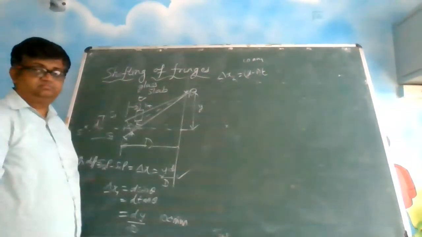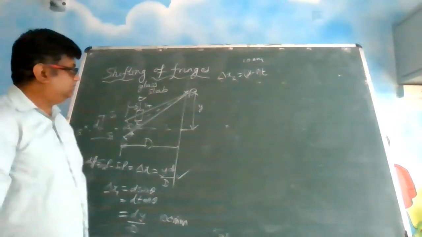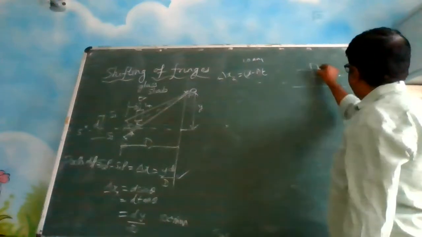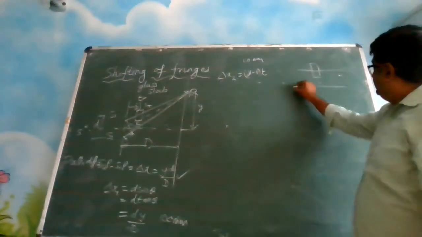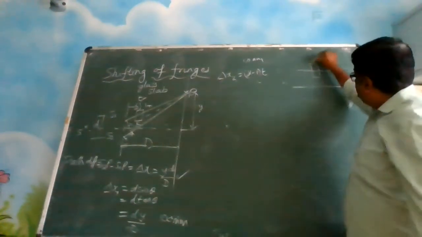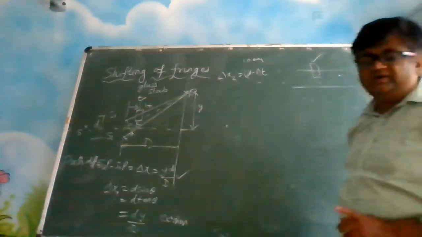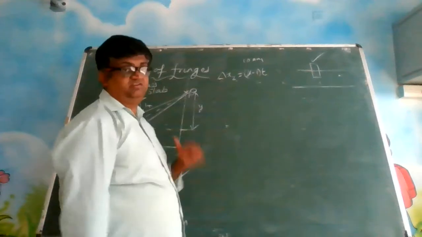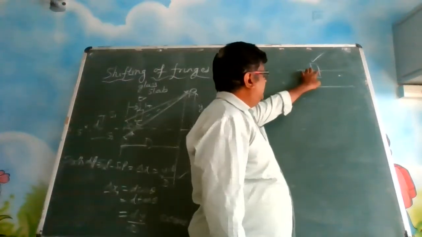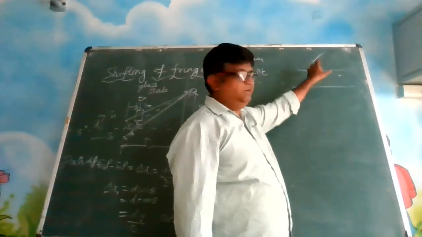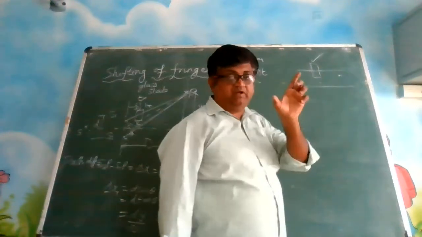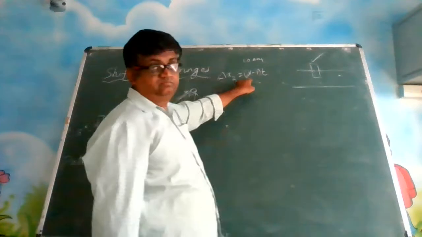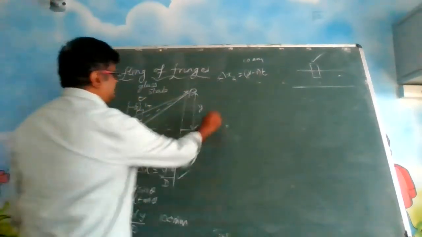Okay. So how has this actually come? That day I did a derivation like this. Remember? This ray will go straight, but this one has to travel more distance, I had said. Look at the previous discussion. This ray has to travel more distance because of this glass. So there we calculated an expression for the path difference. That path difference was this. So what is the net path difference?